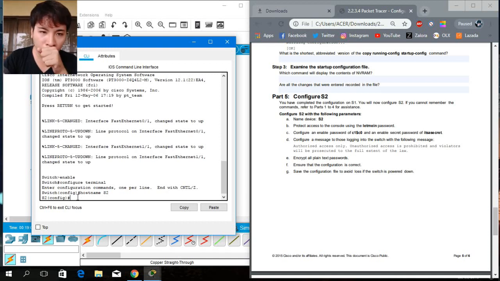So we need to type exit here, then go to